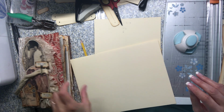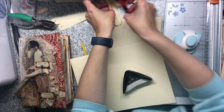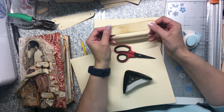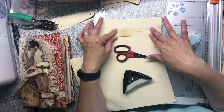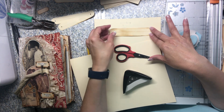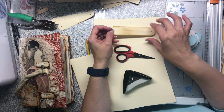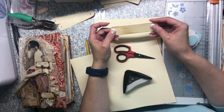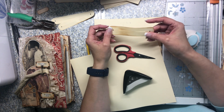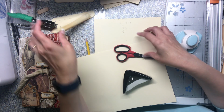All right, now the next thing I want to show you is the reinforcement. This is the reinforcement for a photo slot or pocket slot, and since I'm going to need 40 of them for all the journals that I'm making, I decided I needed to do it in an assembly line fashion. And so I'm going to show you how I did that,